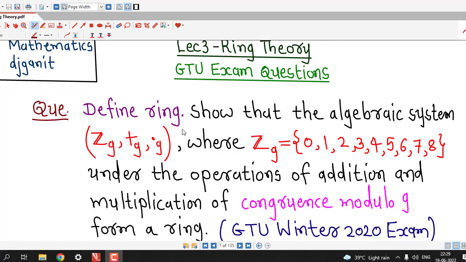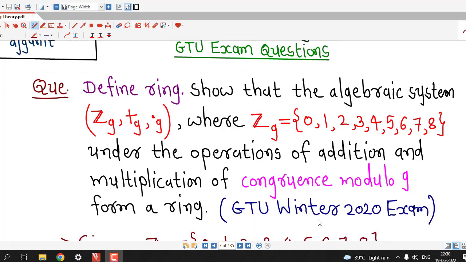In this lecture we will discuss this question on ring which was asked in GTU Winter 2020 exam. So the question is: define ring, that is, you have to write the definition of ring which we have discussed in lecture number 1. Then show that the algebraic system Z9 with respect to these two binary operations, addition modulo